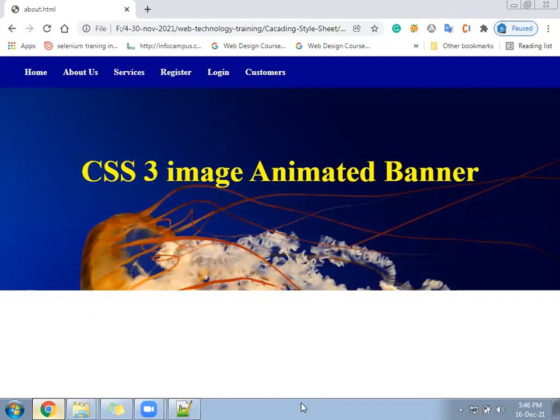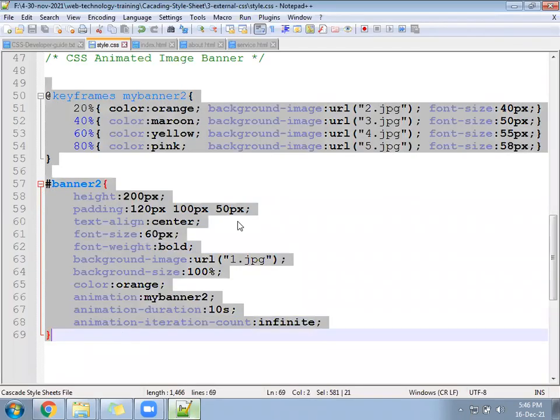Any one photo is not coming? Let me share these two sets of CSS. Yeah, okay. Both came in your chat.